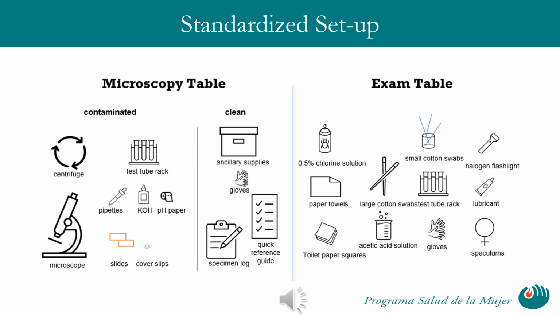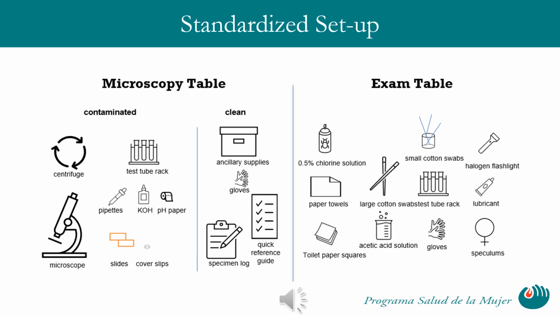The contaminated side has tools for sample analysis. It includes the microscope, slides, and covers for sample preparation, pipettes for precise liquid handling, a test tube rack to organize samples, a centrifuge for separating specimen components, KOH solution for fungal testing, and pH paper for assessing the vaginal